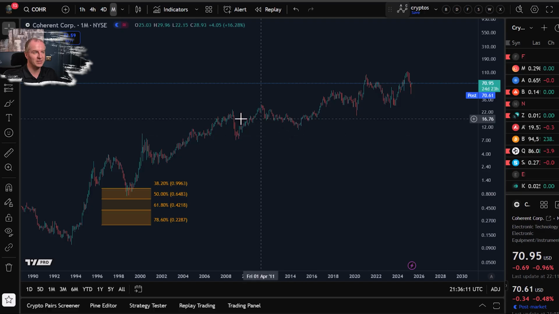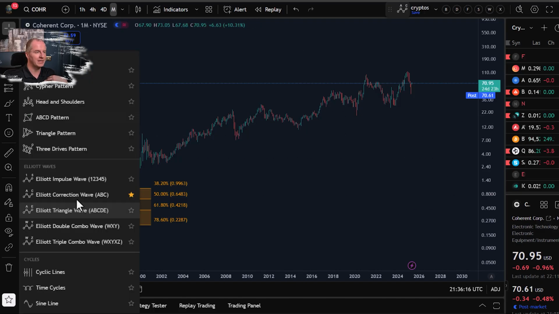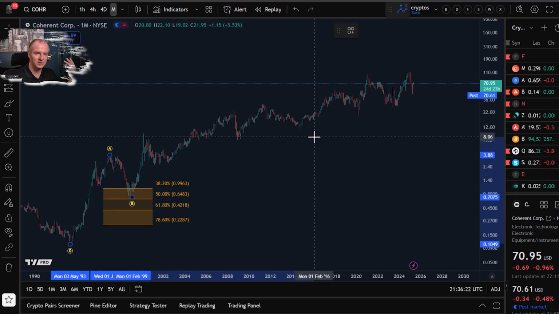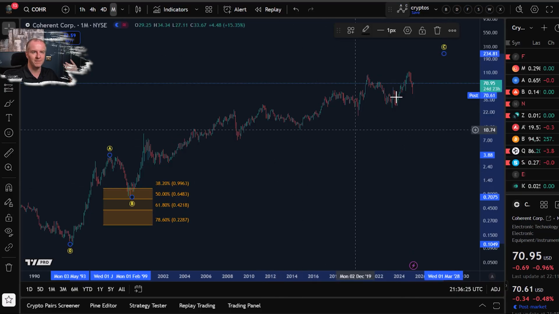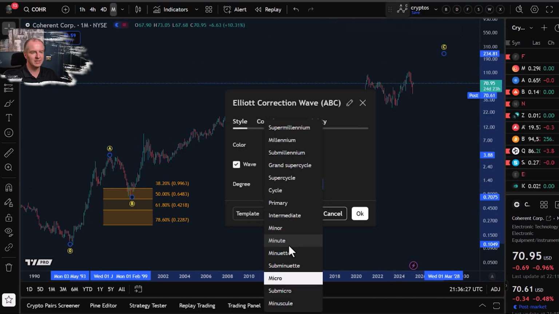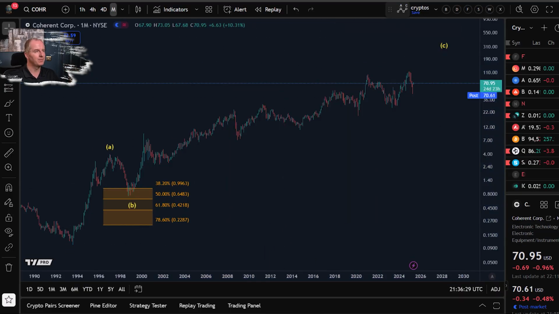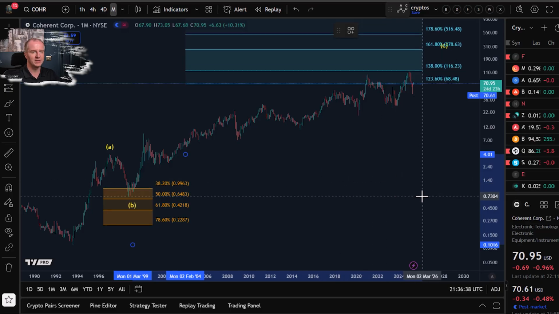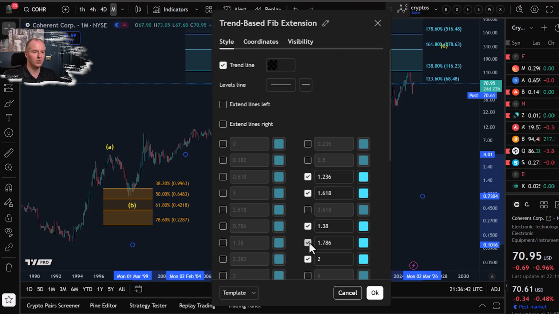So what would make sense? The only other 5-wave pattern, if it can't be a wave 1, it has to be an A wave. Okay, it has to be an A wave. This has to be a B wave. And then I have to consider, okay, maybe that C wave is still unfolding. Is that realistic? We can check that. How do we do that? Normally we say that a C wave can reach the 100% extension to the 161.8 extension. It's a common target zone. It can also go higher, but